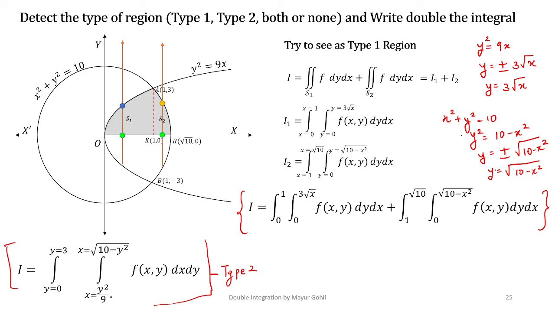It is not necessary all the time that the integral will split up, right? We have seen some regions are type 1 as well as type 2, but when a region is only type 2 and you try to force it to be seen as type 1, it will surely split up. So this was only a type 2 region and we forced ourselves to see it as type 1, so it split up into 2. Okay, so this is the most important example for our crucial development of the understanding of double integration.